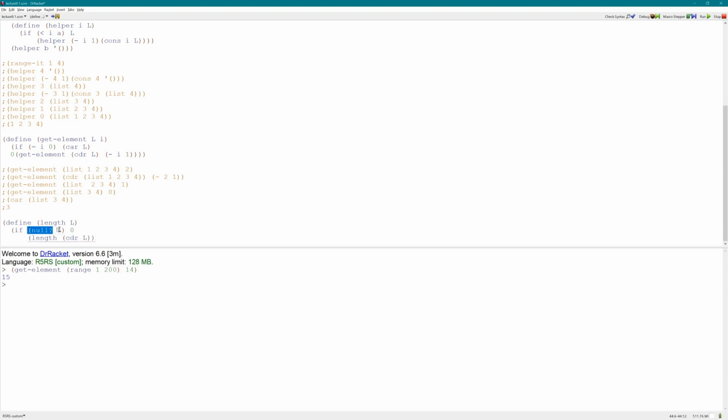Eventually, we'll have shrunk the entire list to be null. At that point, it will return the answer 0. So what we can do is add 1 to that answer each time we call the function. So if we say +1